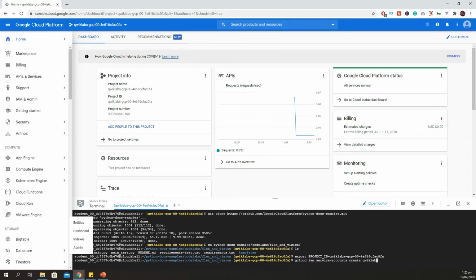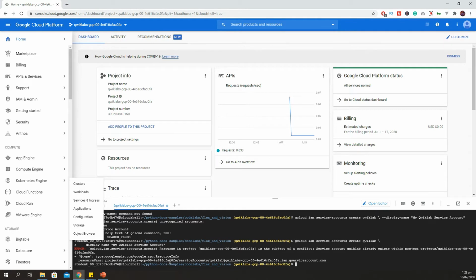This is the command for creating a Google service account to access Google Cloud APIs: vision, storage and database. Done. Our service account is successfully created.